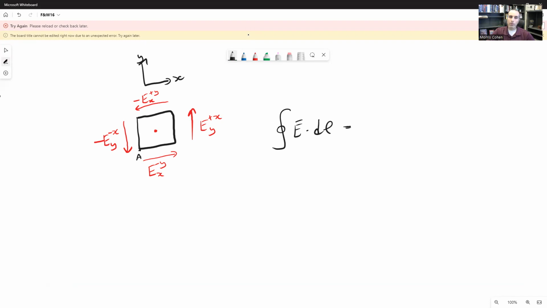Right, this integral here, and let's say each of these lines has a length of delta x. Right, if we calculate this integral, this will turn out to be equal to delta x times Ex minus y plus Ey plus x